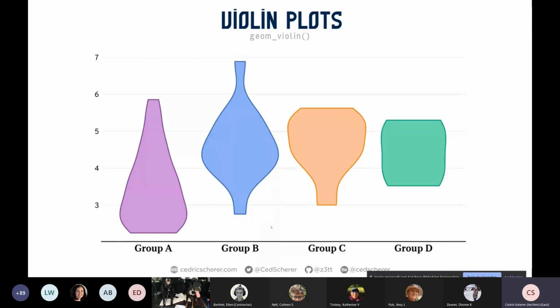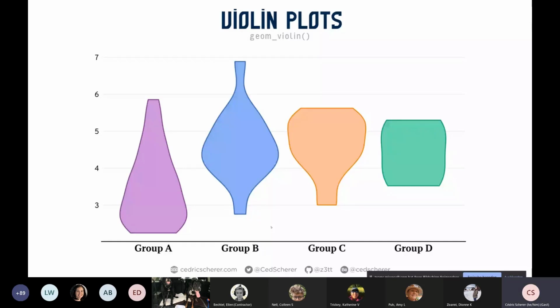You might know why they are called violins, but why are they great, or maybe better or worse? You can definitely argue here, because the violin plot itself shows you a density curve, so it's scaled according to the distribution of the data. But of course, we lose the information where the median is, where the interquartile range is, and we also don't have any information about the sample size here.